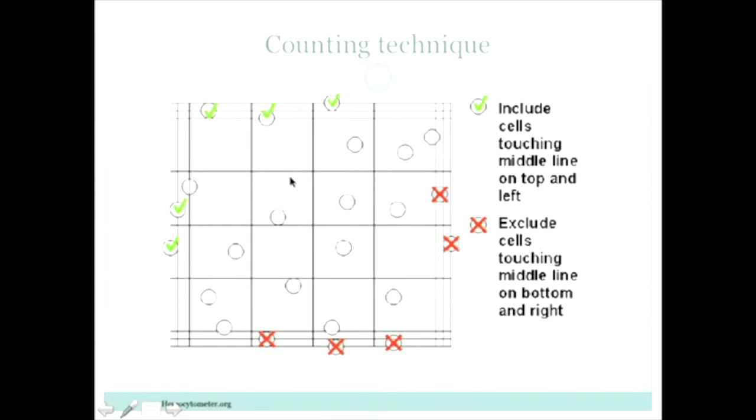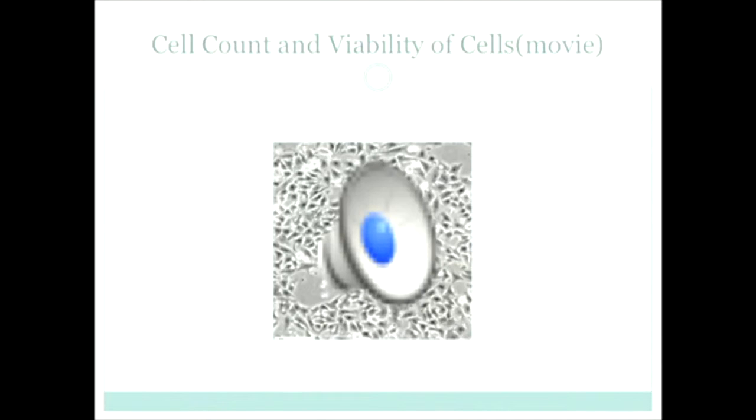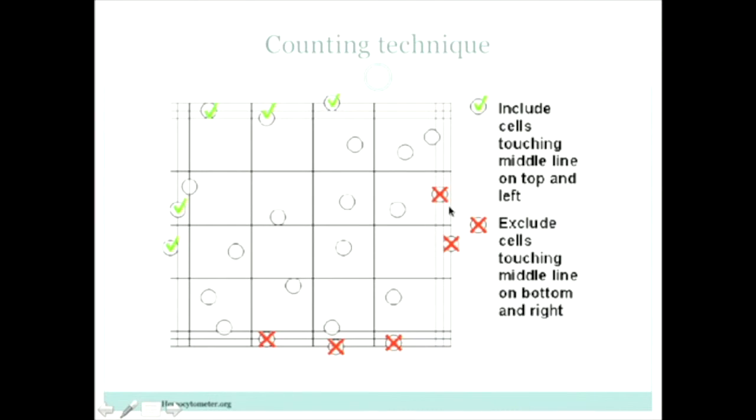So I propose that you count this way, and in our lab we also count this way. We count all cells on the left side and top side of the square. Whether a cell is touching outside, touching inside, or sitting exactly on the grid line, we count all of them. But we don't count any cell doing the same on the bottom or right side. In this way it's kind of equal. Of course, it will not be exactly equal, but some kind of equal.